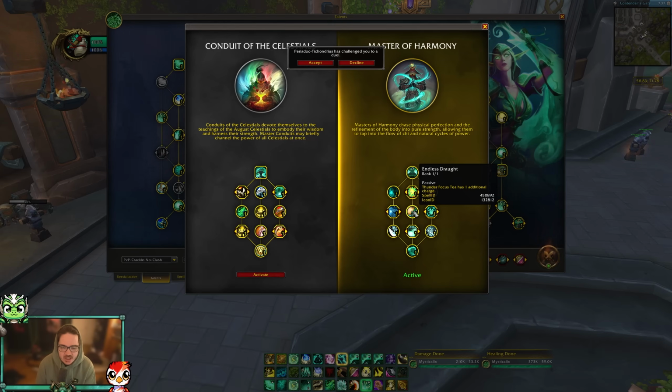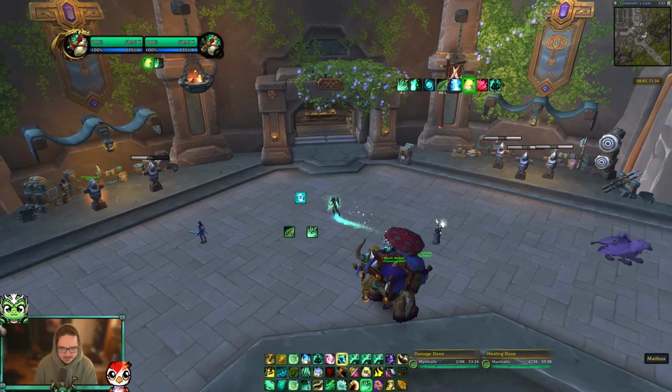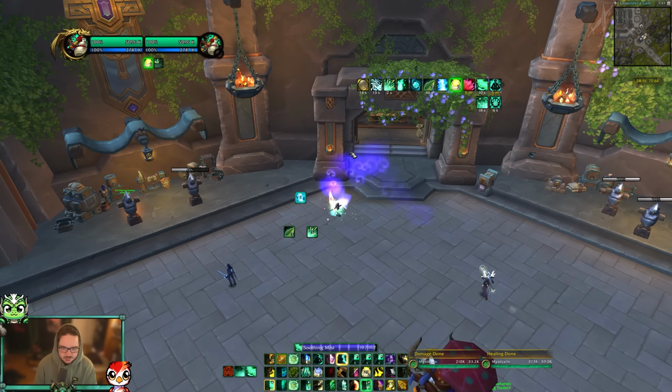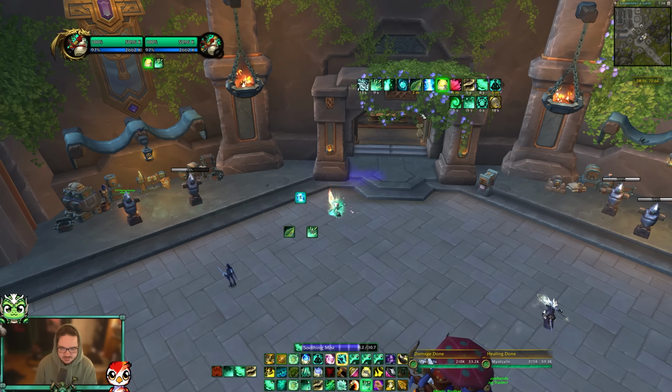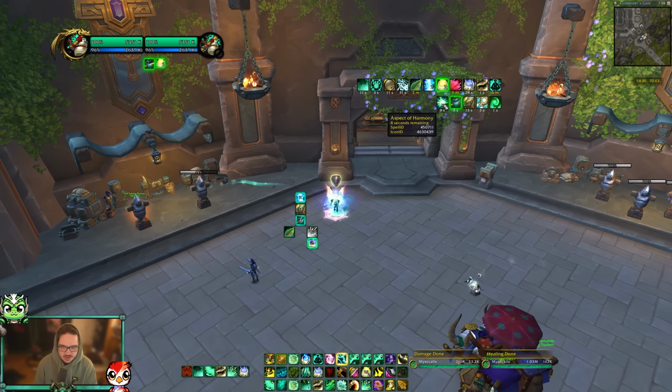I really don't. So Master of Harmony, what this does is you store a little bit of your damage and healing, and then every time you Thunder Focus T, you release it. I don't really pay too much attention to it. You pretty much just store it up. This is, where's the buff? Right here, Aspect of Harmony. So you're building this up, and then when you Thunder Focus Tea, you get a buff right here,